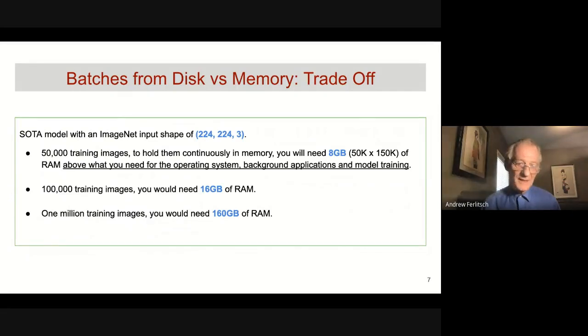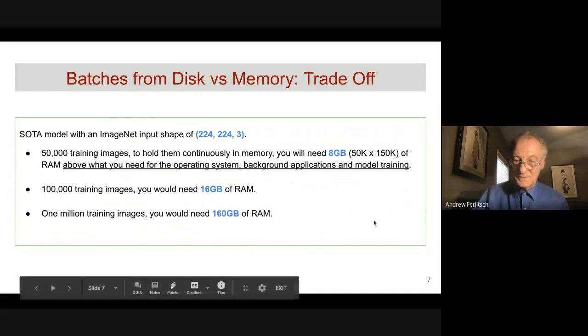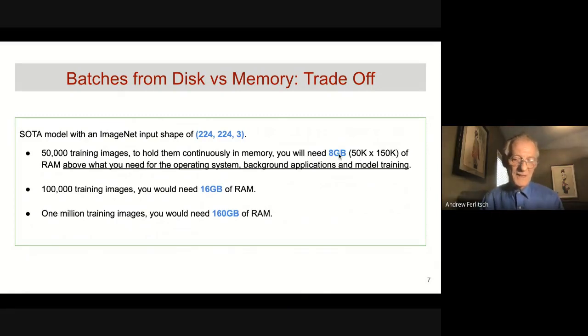So let's look at some trade-offs about drawing batches either from disk or from memory. Let's assume we have some state-of-the-art model we're training, maybe a ResNet, for example, and its input shape is 224, 224, 3 channels, typical for an ImageNet input shape. And we have 50,000 training images. The size of every one of those images for the input shape 224 by 224 by 3 is going to be 150K. And if we have 50,000 of them, we're going to need 8 gigabytes of memory